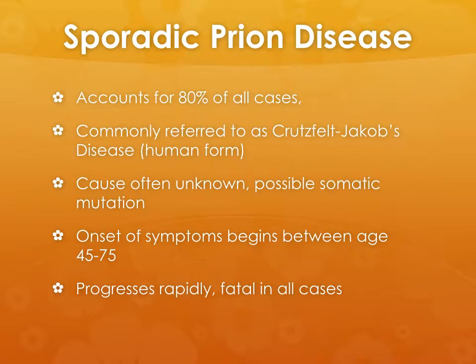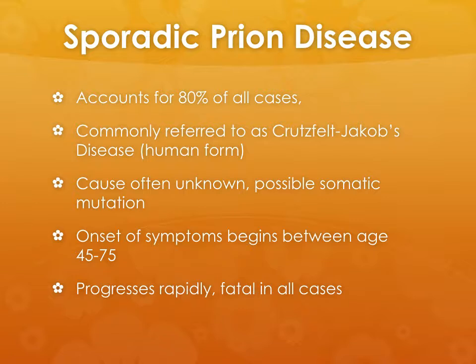There are three large categories of prion diseases among the various forms that exist. The first and largest category is made up of sporadic prion diseases. Around 80% of all cases are sporadic, most of which are diagnosed as Creutzfeldt-Jakob's disease, the most common form of human prion disease. While the exact cause of sporadic cases remains somewhat of a mystery, sometimes scientists have proposed that